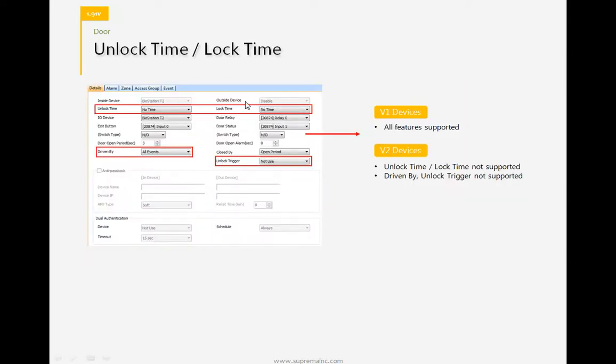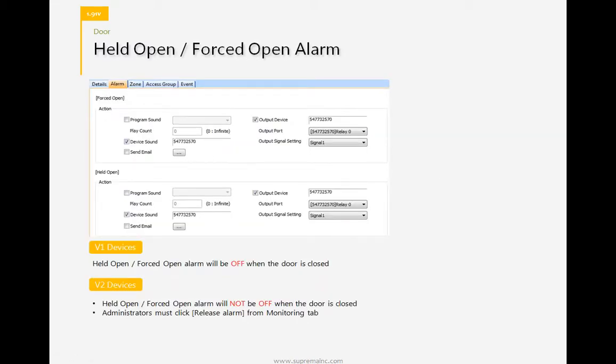Unlock time zone and lock time zone are only supported in version 1 devices and not supported in version 2 devices. Held open and forced open alarm: when there is a held open or forced open alarm, the alarm will automatically turn off when the door is closed, but this is only for version 1 devices.